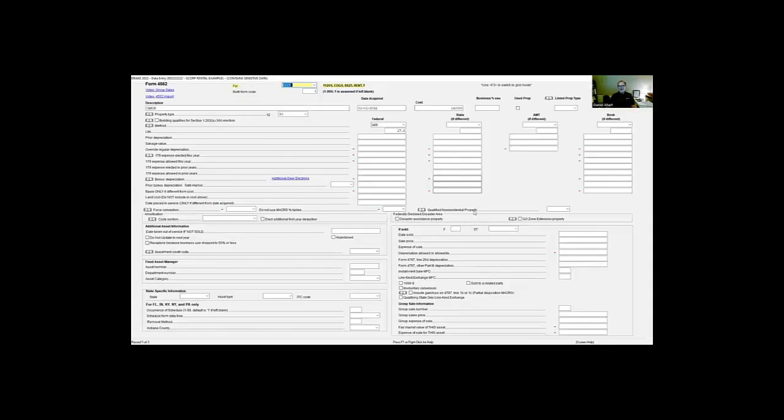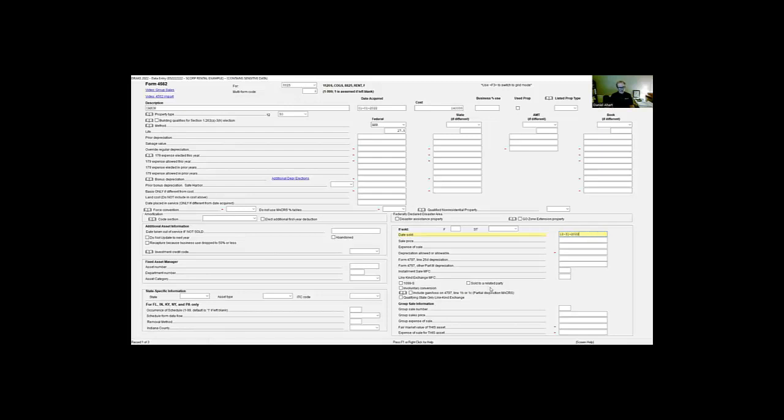So click on depreciation, and I'm going to click on the cabin, which is the structure on the property. We're going to sell this on the last day of the year. Where you sell this is over here on the bottom right. Since this property has more than one asset associated with it, the cabin, the land, and a refrigerator, we're going to group those together, and the software handles this beautifully down a little further at the bottom. So I'm going to put the date sold on the first line,